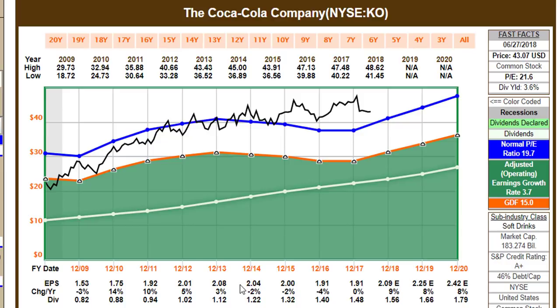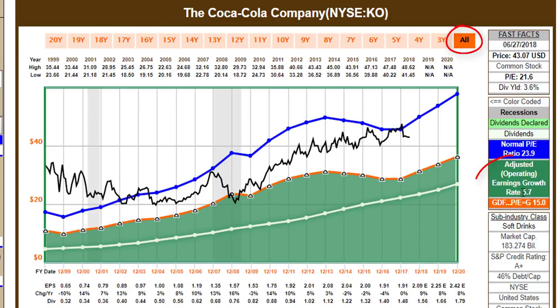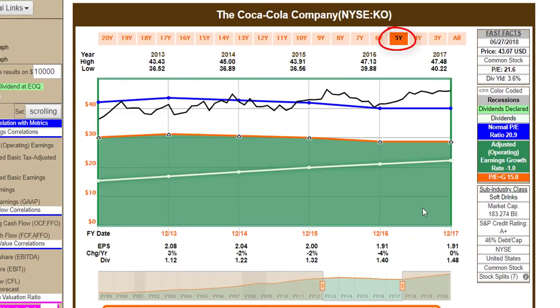But something else I'd like you to notice, as I've changed these time frames, notice that the growth rate has gotten smaller. During this time frame, coming out of the recession to current, the company's average growth is about 3.7%. If I shoot that back to the 15-year graph, it was 5.5% growth. And of course, on the long-term graph, the longest I can go, it was 5.7%. But if I scroll this back 2 or 3 years and then draw this as a 5-year graph, and I'm looking at now the last 5 years of actual results, I want you to notice that Coca-Cola's earnings growth